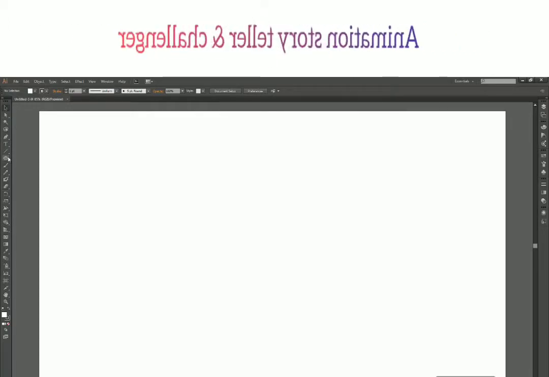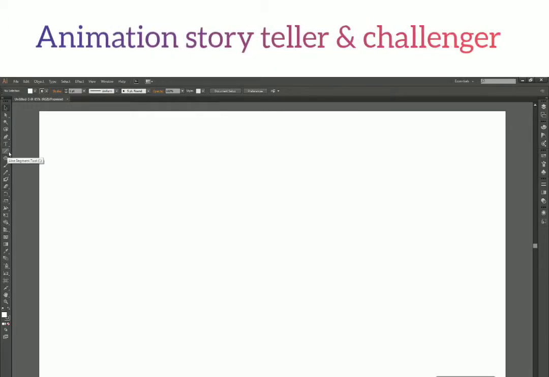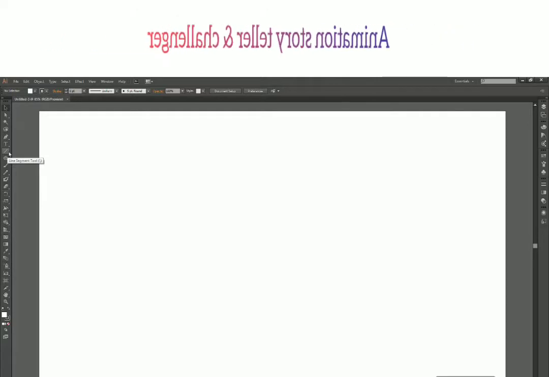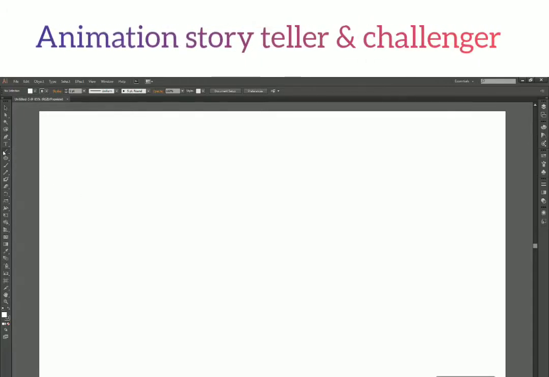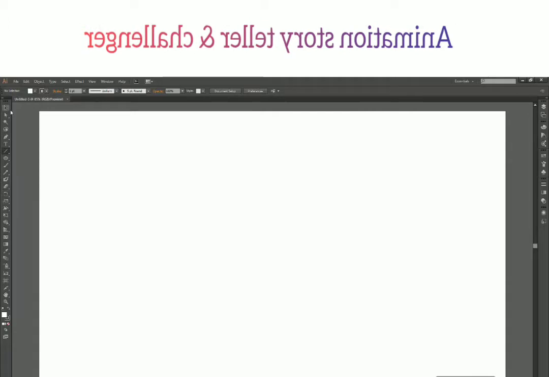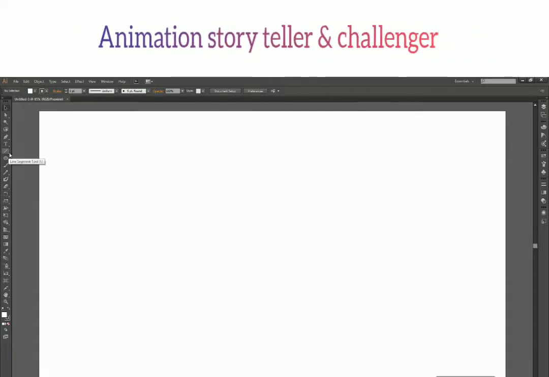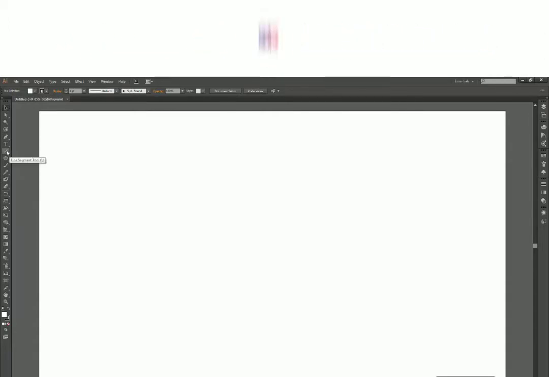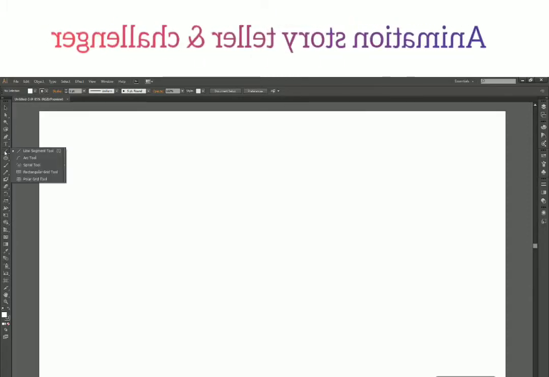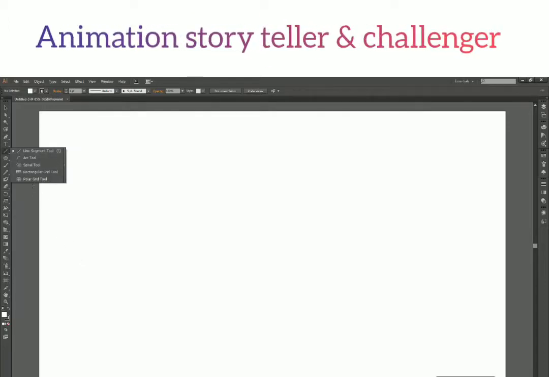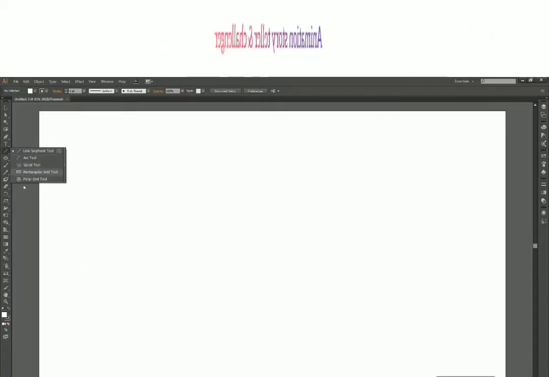So you can go to your toolbar and there is your line segment tool. The shortcut key for this is backward slash. So either you can press backward slash on your keyboard or you can go and select the tool from here. Now to select this tool, there are two ways. You can either click directly on the toolbar or, if you want some more tool options, you can click and hold and release your mouse again. And then you get this window.